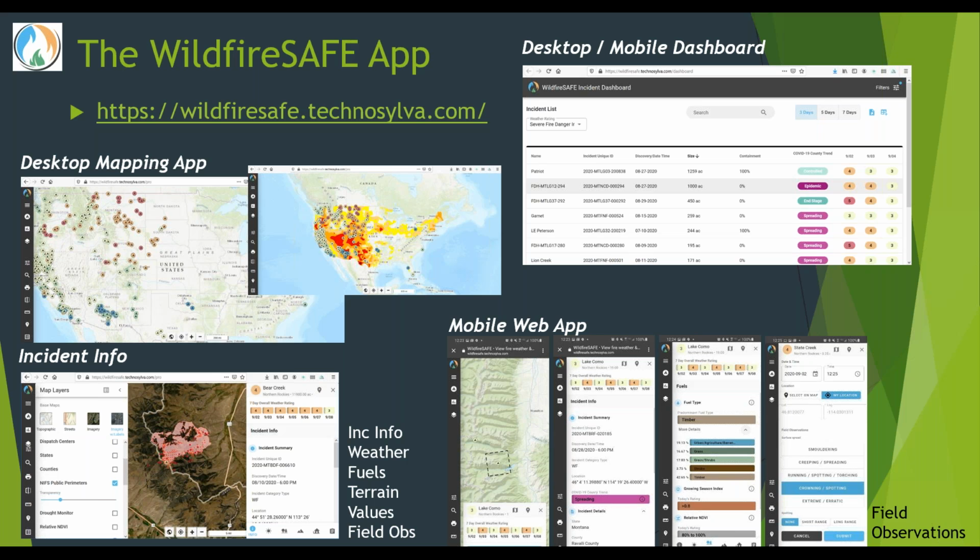The desktop mapping application shows points colored by the severe fire danger index, which I'll talk about in a minute. But it also has a lot of other useful layers. So it has